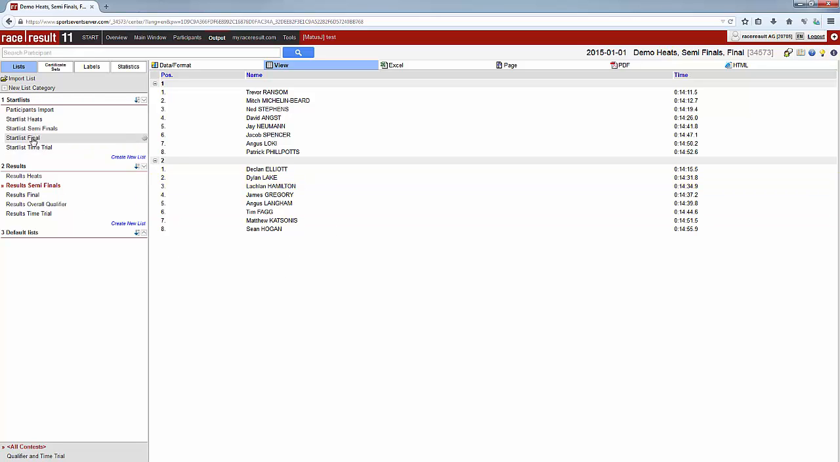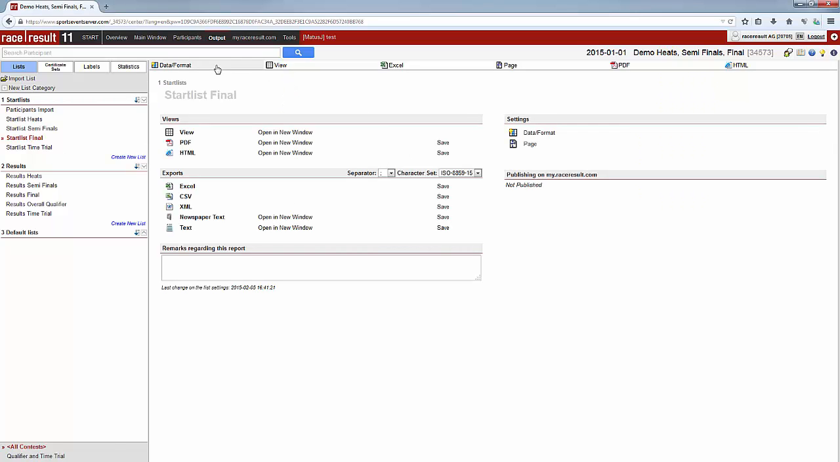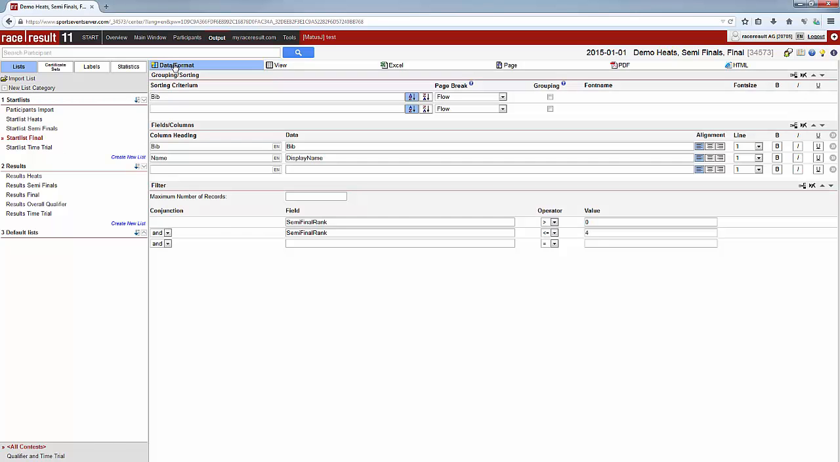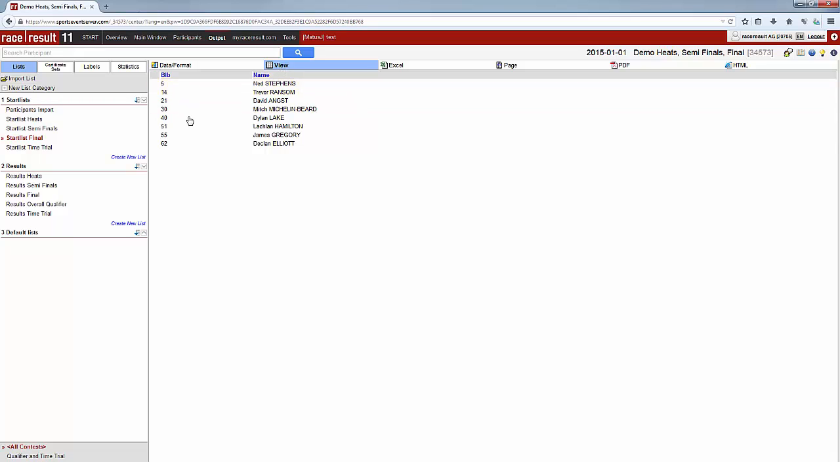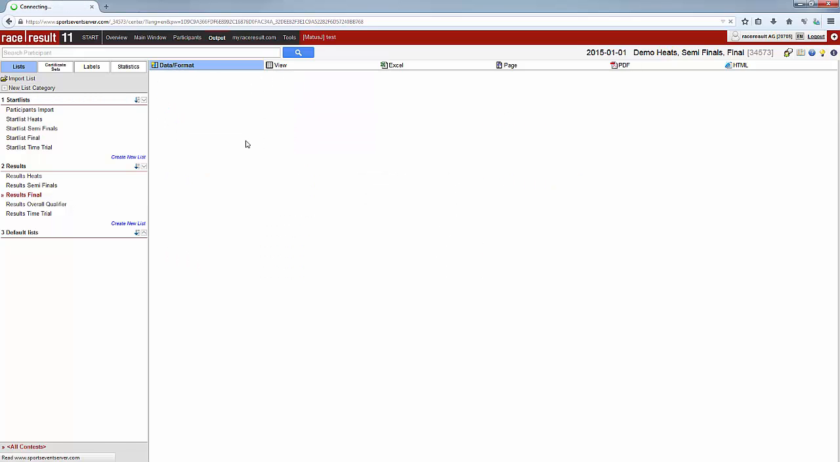Then same for the final. Let's create the start list. This time we don't group by anything, there's only one final. We sort them by bib, and we want everybody with a semifinal rank higher than 0 and lower or equal to 4. So we have our 8 finalists, and then the results on the same principle,